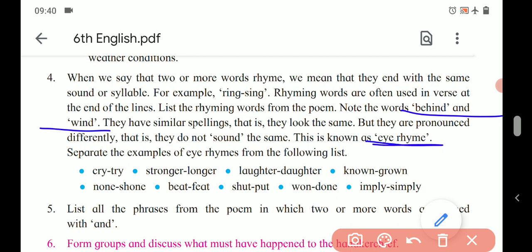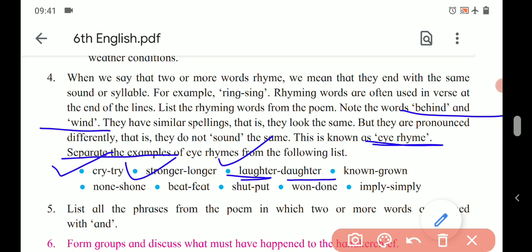Eye rhyme only looks like rhyming words, but actually not. Now separate the examples of eye rhymes from the following list. Let us see. Cry, try. This is a rhyming word pair. Stronger, longer. Pair of rhyming words. Laugher, daughter. See,